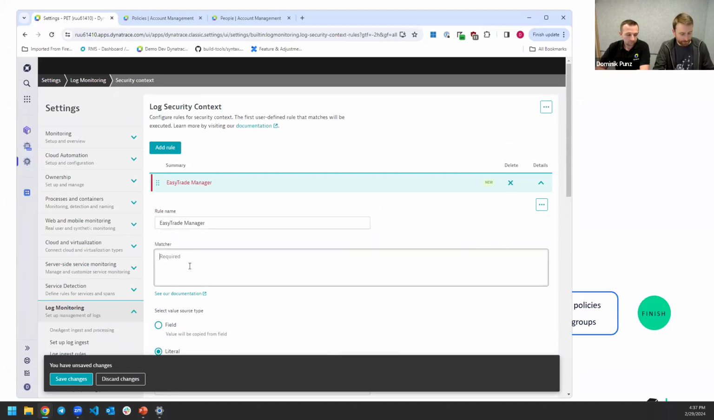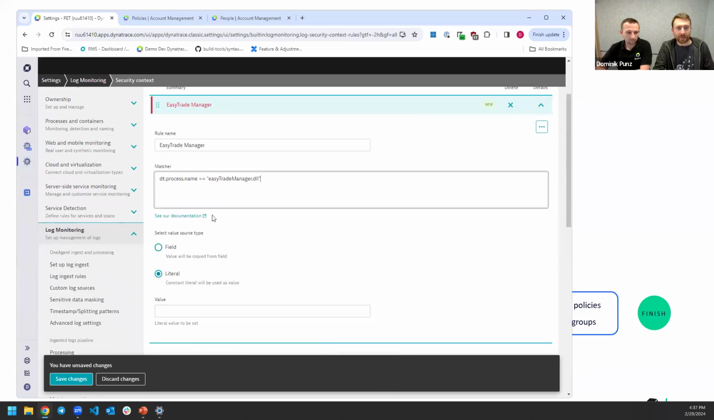And I'm just putting this in here. So I'm filtering those logs. And in our case, I will now go with a static value for the security context. So I'm putting in